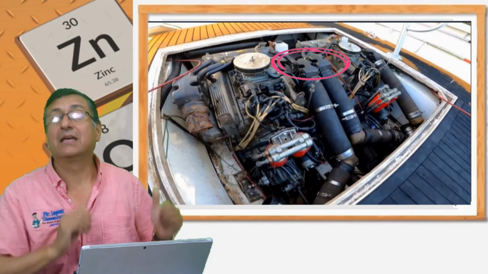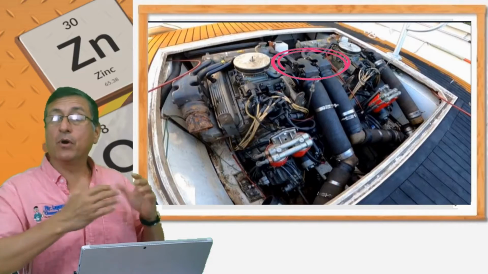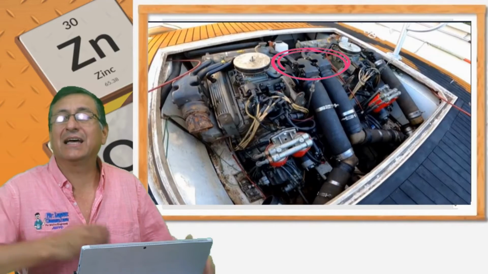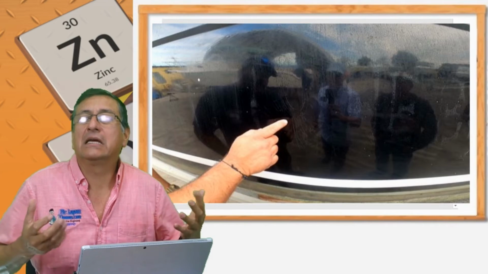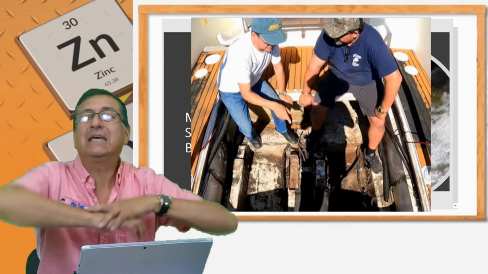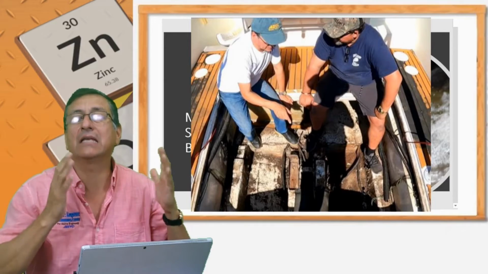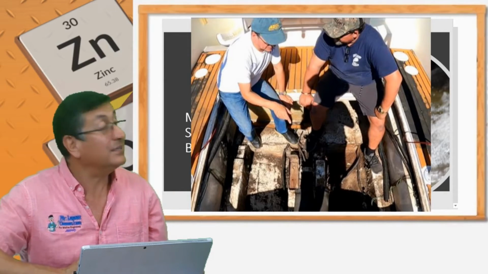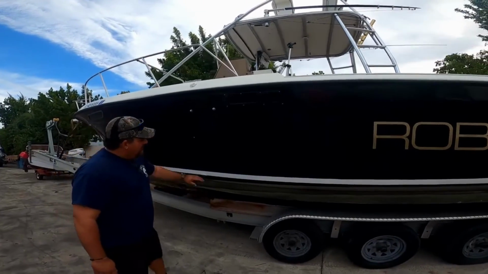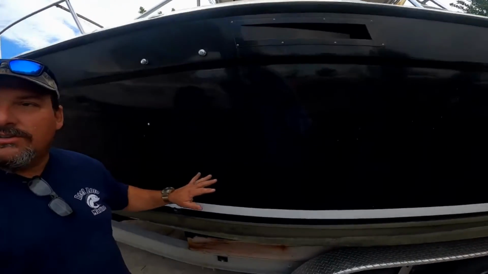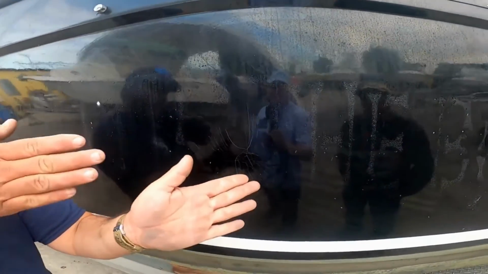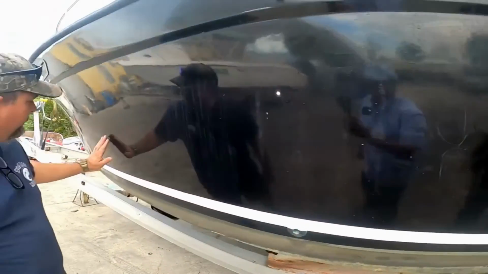Externally, you can see in the structure of the boat that the stringers, the chassis of the boat, are completely destroyed, and the boat is flexible, and the gel coat is cracked. What happened here, Danny? So here it's buckling, because remember the stringers hold the boat straight, and when the stringers go bad, when you hit a wave, the boat flexes. Can you touch, please? Yeah, right there. Oh, you see. And here too.